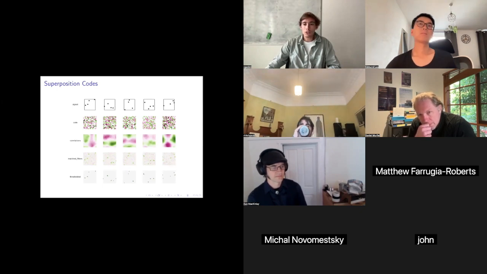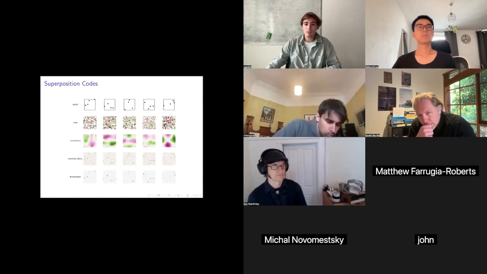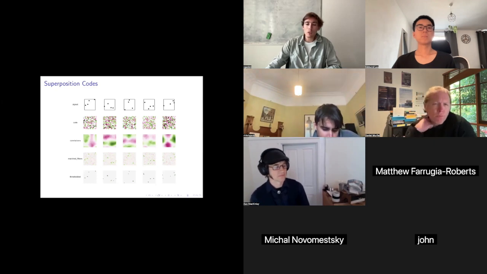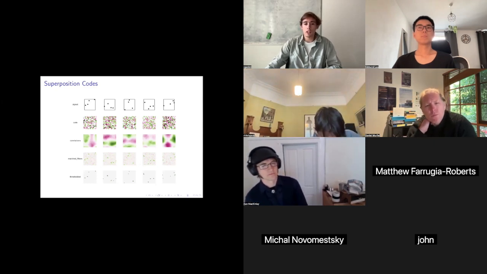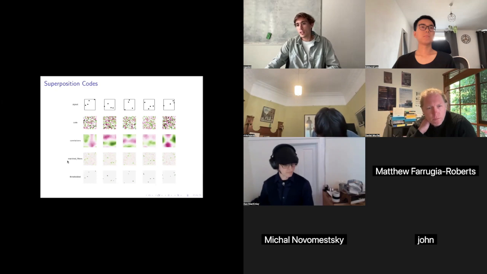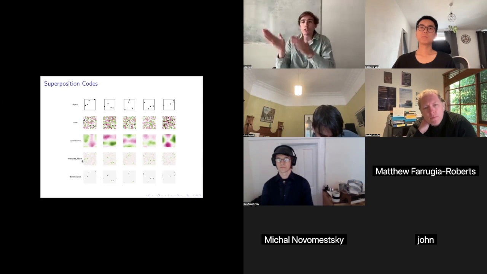I project it into this code, which is kind of a weird representation of it. In this case, it actually was very easy to decode. I just applied linear and then threshold. But in some cases, I have to do a little iterative process. I have to take matched filters, and then I threshold a little bit of it, and then depending on what I observe, choose a different filter.